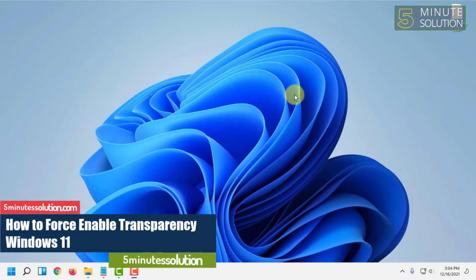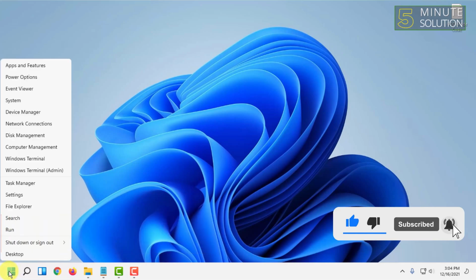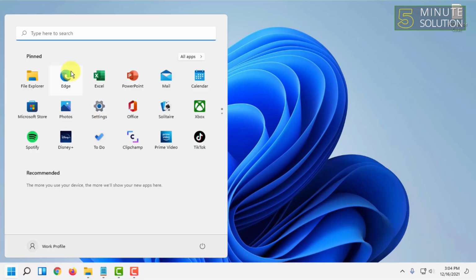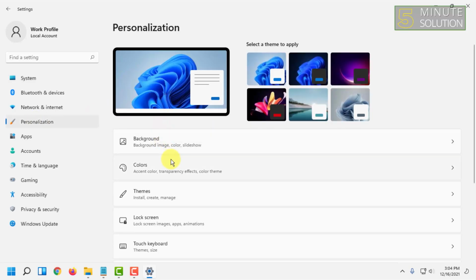In this video I'm going to show you guys how you can force enable transparency in Windows 11. So for that, first you have to go to Windows settings. You have to click on here and you can search here or simply click on settings. Then under here you have to go to personalization and